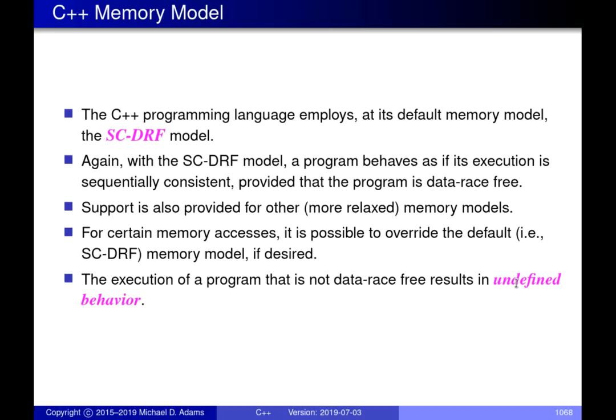But because of this, the programmer takes on the responsibility. If they're doing something where a data race could occur, for example, then they take on the responsibility of saying, well, this access has to be atomic, or you do some other thing to make sure that there's no data race. And again, for efficiency, this is kind of what you want to do. You want to do the cheap thing normally, and then only when you really need the more expensive thing, you ask for it. Yeah. Any other questions?